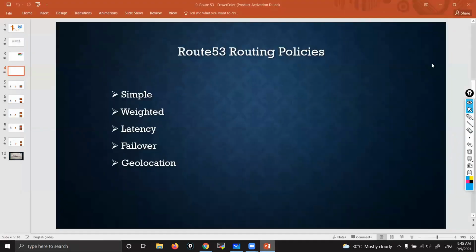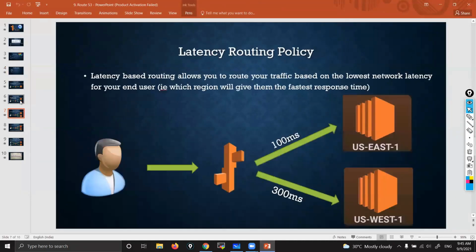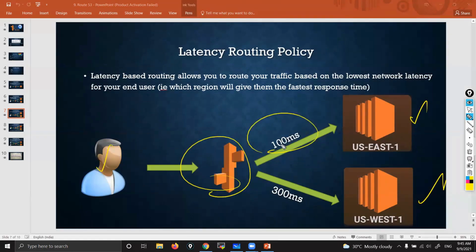Okay, let me show you. Here you can see the user, Route 53, and 2 regions. To get a response from the first region, we are getting a response within 100 milliseconds. But here it is saying 300 milliseconds. In that case, Route 53 will send the request to the first region because here it takes less time, right? That means I'm getting a quick response.